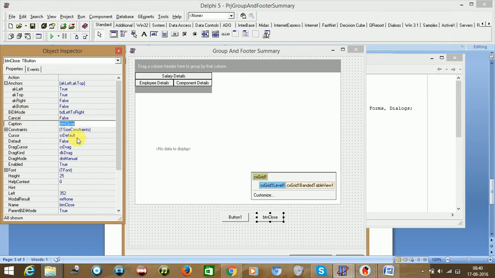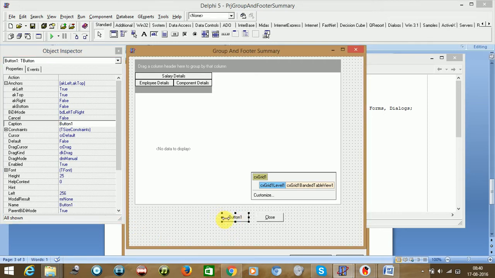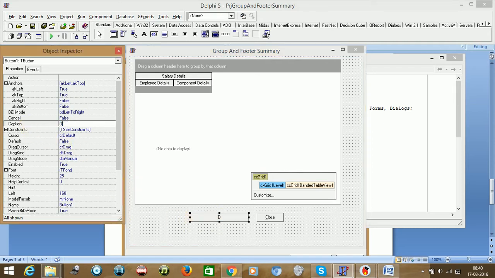Now you can give the caption here, make it a hotkey. And here you could give display summary, and we could give the same name, BTN.